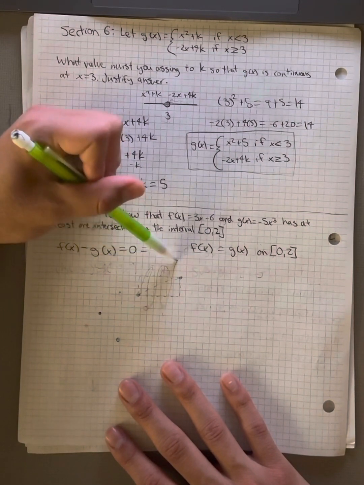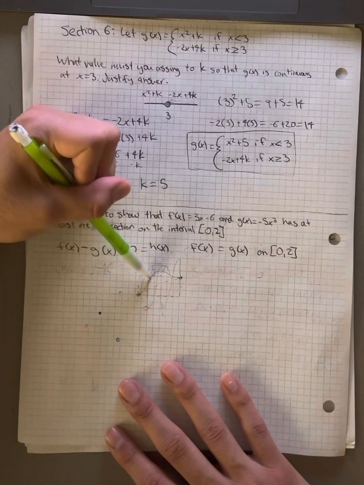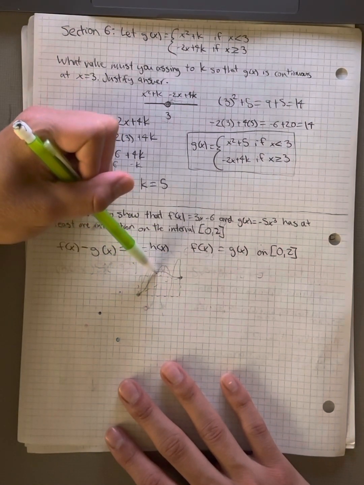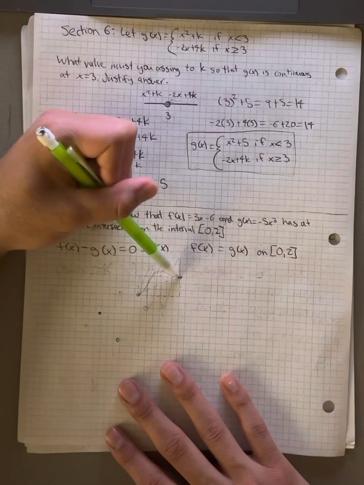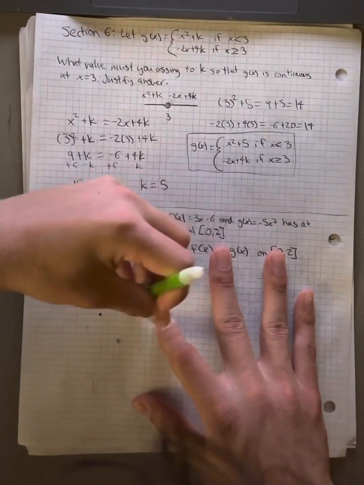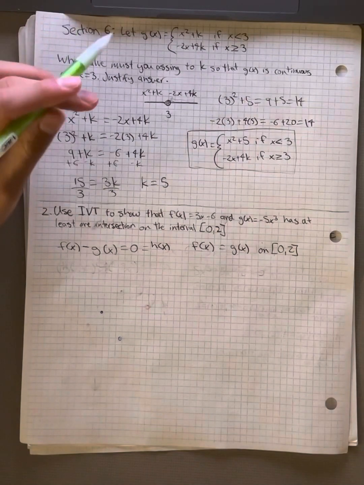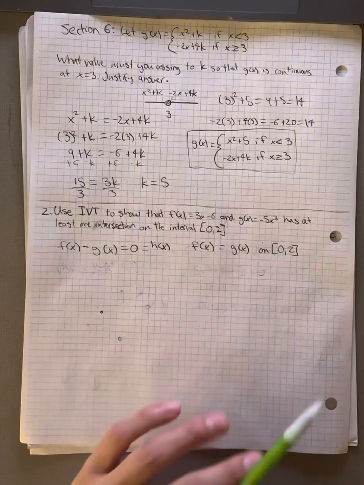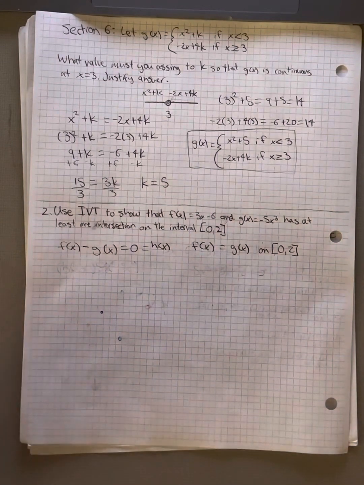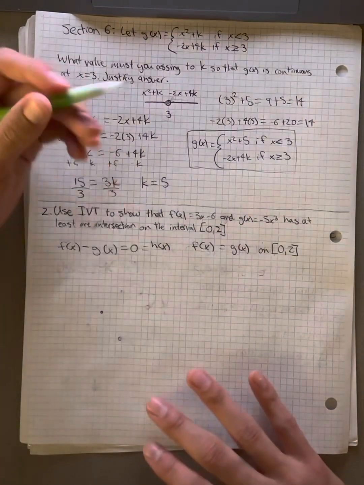You can draw the graph however you want, but we know that it has to touch, has to pass every one of these y values in order for it to reach this value, if the function is fully continuous, which in this case, looking at what functions we're working with, there are no restrictions for what the y value can be. These are all fully continuous functions. And even when we combine them,